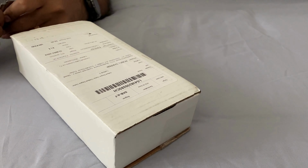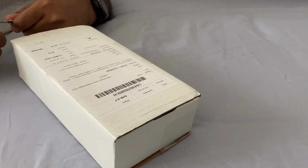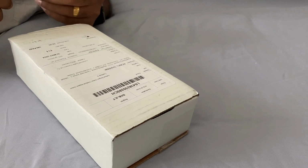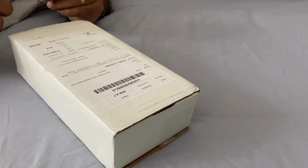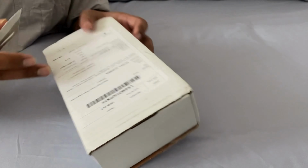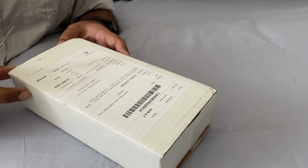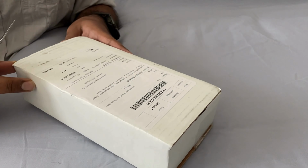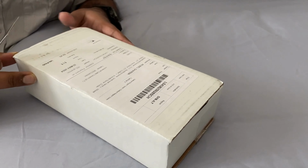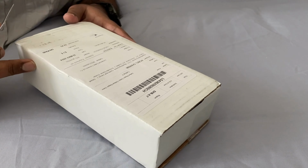So today we have another Apple Watch, Apple Watch 6 from eBay. It got delivered today. Yesterday we tried out one Apple Watch, and it was unexpectedly very fresh. So hopefully this will be fresh. But the previous Apple Watch was not